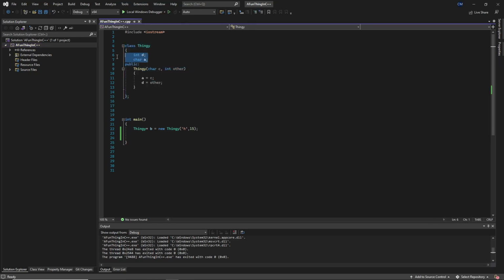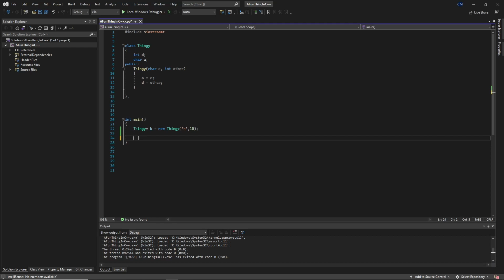It just contains a bit of private data and a public constructor, which we call here to create an instance. Just so you know, it's all private. We can't access it at all. Or can we? Well, the first thing you have to realize is that a C++ class is essentially just a